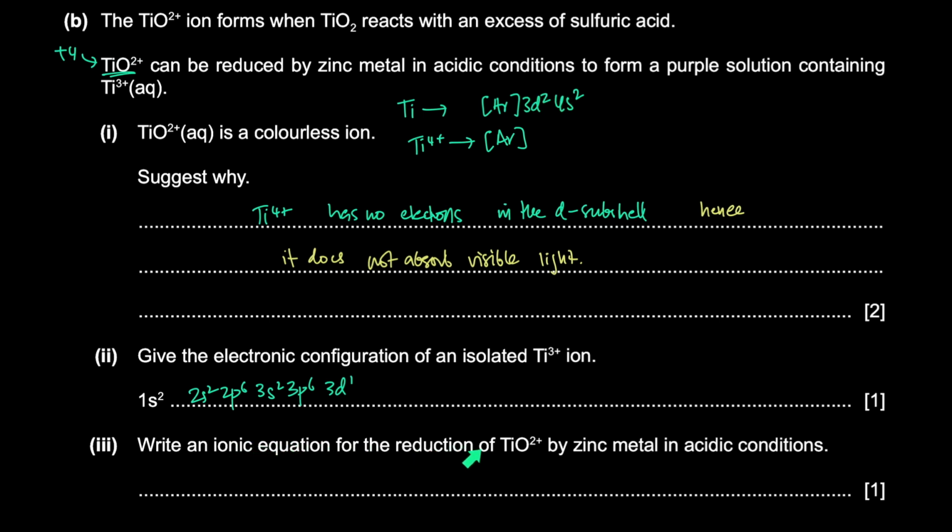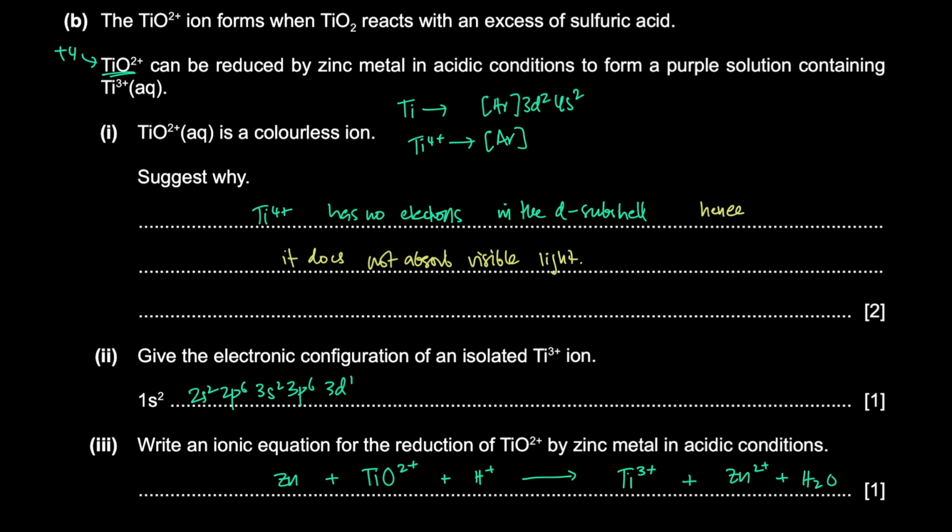Write an ionic equation for the reduction of TiO2 plus by zinc metal in acidic conditions. Again, what we have is zinc reacting with TiO2 plus in the presence of acid, so that will be H plus, to form Ti3 plus. The question is given as that we're forming Ti3 plus. And obviously we're also going to form zinc. And what else do you think we're going to form? We have hydrogen and oxygen left to balance, so we're going to form